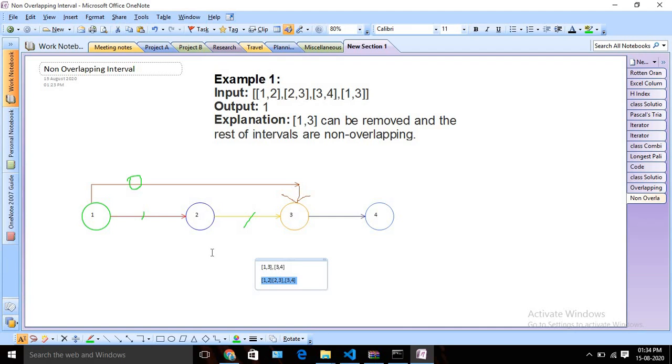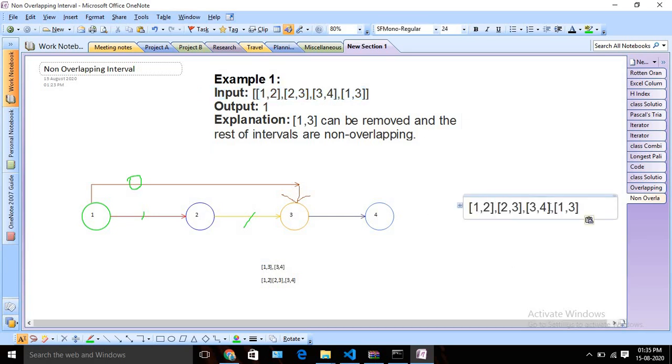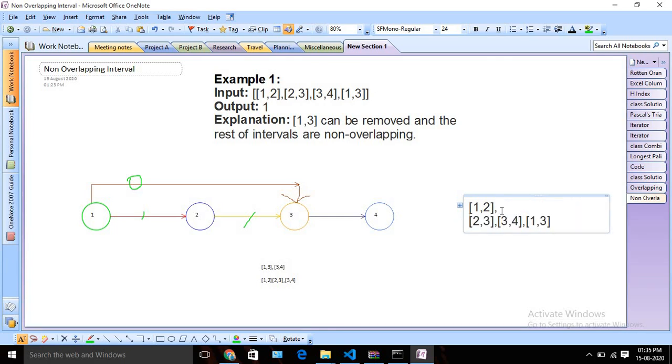This is how the state diagram looks. Then how can we solve it? Let's think about that. Each and every task has two properties: start time and end time. So what we can do is sort all the tasks according to the start time. This is our input array, and I will sort it according to our start time. After sorting, it will look like this.